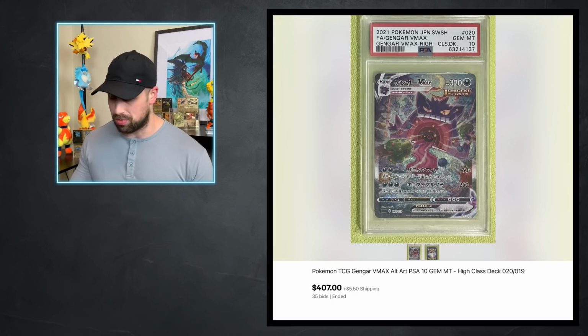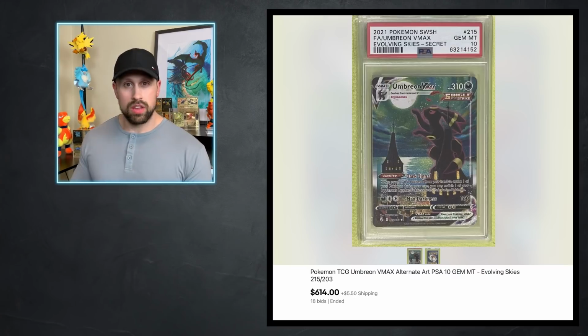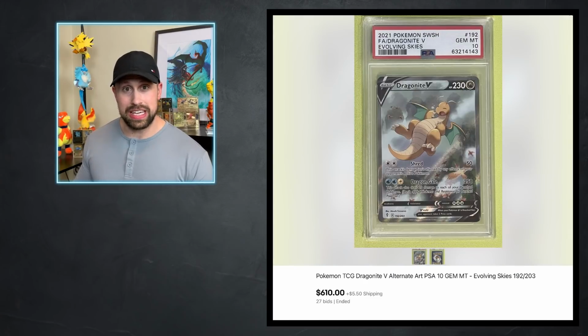an awesome Pokemon. All right, from Evolving Skies here, we had a few graded cards come by. We had Leafeon VMAX in PSA 10 that sold for $350. The Umbreon VMAX is still hitting some pretty impressive numbers here. Here's a PSA 10 that went for $614. And then the Dragonite V hit some impressive numbers as well, with the PSA 10 copy selling for $610 this